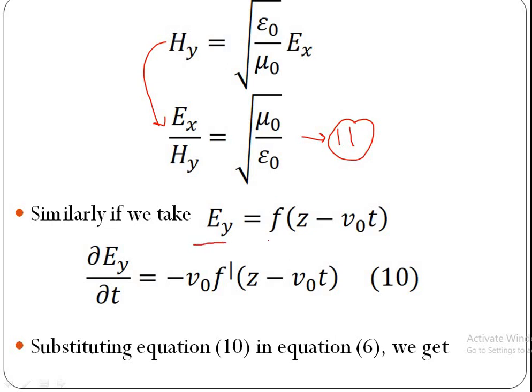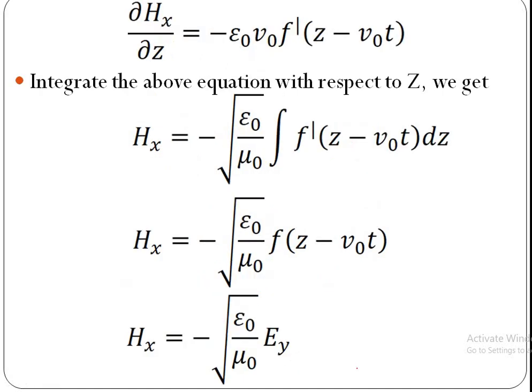Similarly, if we take Ey is equal to f of z minus v naught into t and differentiate this with respect to time, we are getting this equation. Now substitute this equation in equation 6. We get this equation. Now integrate this with respect to z, then we are getting this equation. Here integration and differentiation cancel, that becomes f. Here f is already what we assumed as Ey. Now this f becomes Ey,